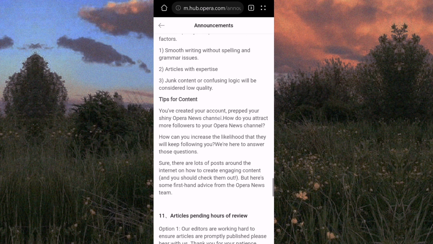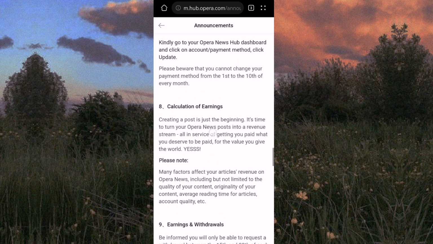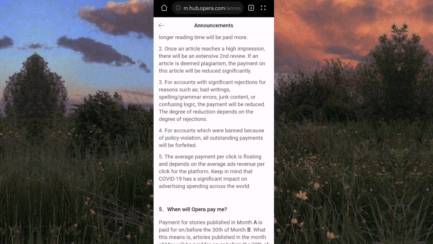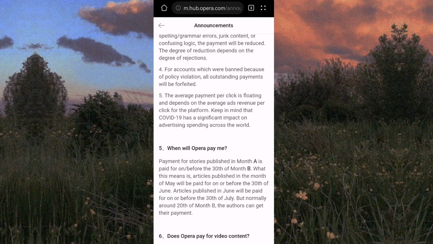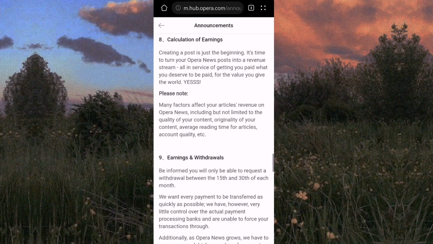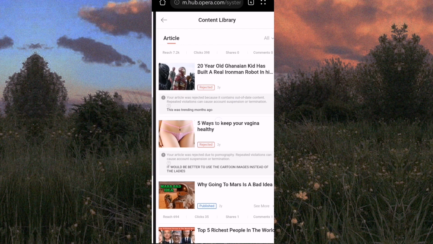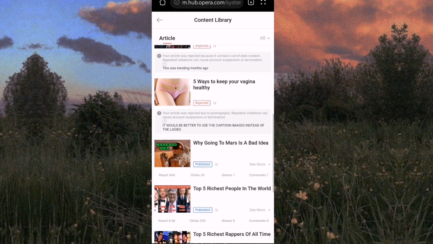And also don't write articles about politics, murder, things that involve violence. Don't write articles about those kinds of things. Those articles normally get rejected because of the violent nature of that content. So we want to write articles about nice, interesting things. Violent articles will normally be rejected, so you want to avoid those. Yo guys, you also want to avoid writing articles about content that involves nudes, like pornographic articles.